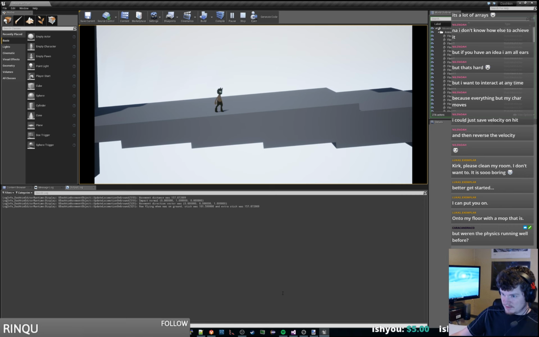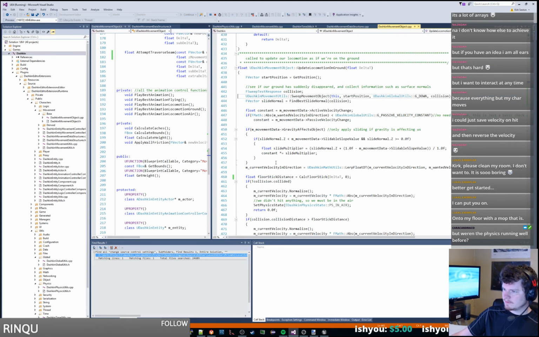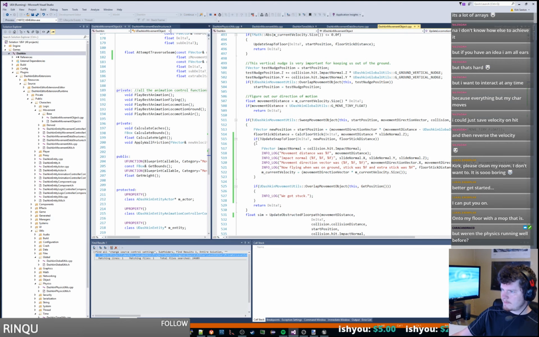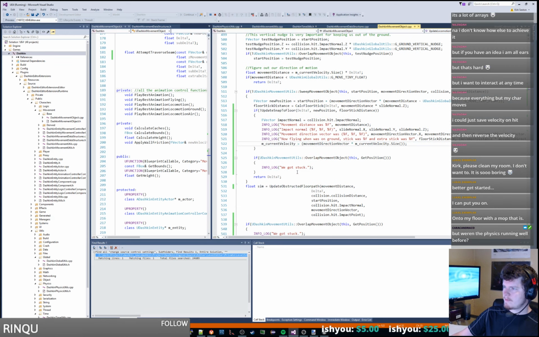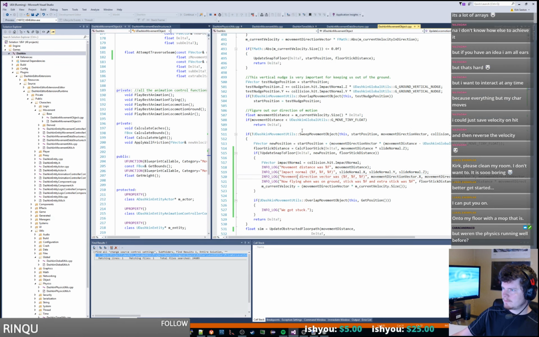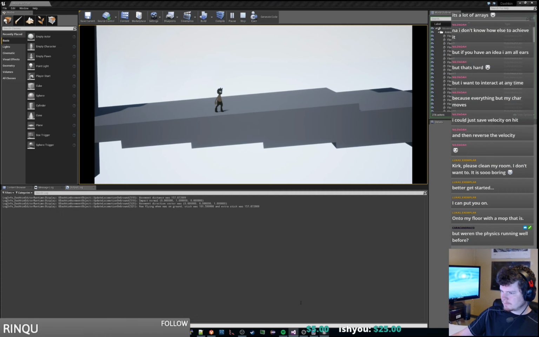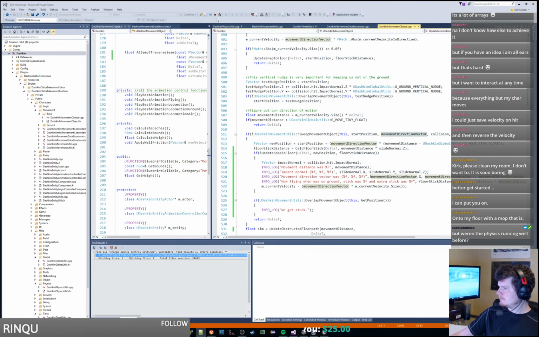So 518. So movement direction vector was